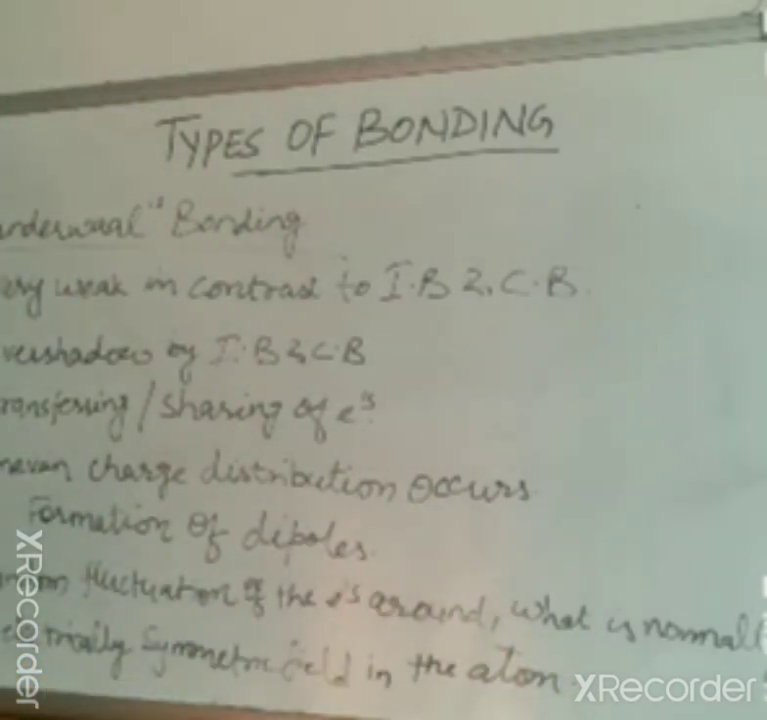So, till here in van der Waals bonding, what we have gone through, these bondings are very weak in contrast to ionic and covalent bonds, as these van der Waals bondings exist in all the materials, but due to the high strength of ionic and covalent bonding, they are overshadowed by these two bondings, means ionic and covalent bondings. So these van der Waals